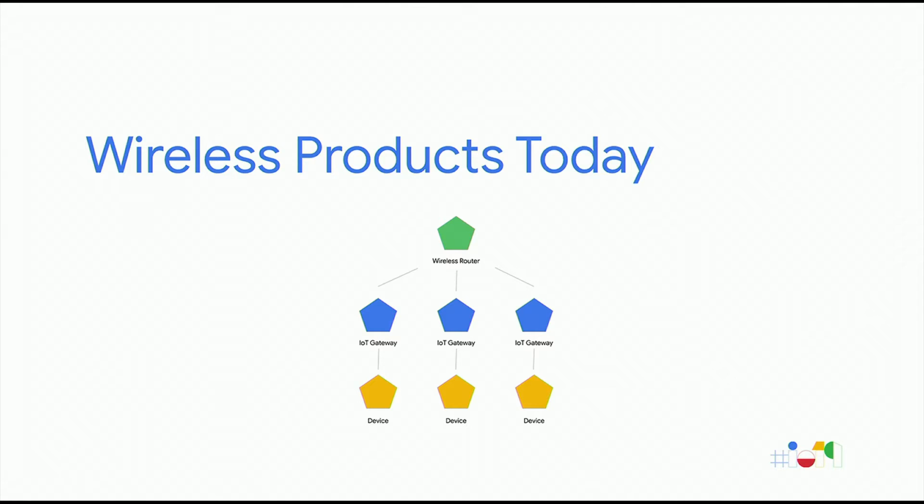So since they depend on their own radio technologies, usually proprietary application layers, and tightly linked application backends, you can end up in situations where if you have multiple products from multiple vendors, or even in some cases multiple products from the same vendor, you end up with a whole host of these devices connected to your router at home, or it can be even worse in industrial or commercial IoT settings. And while this does work from a technical perspective, I think it hurts user adoption in a couple ways. One is it drives up costs.